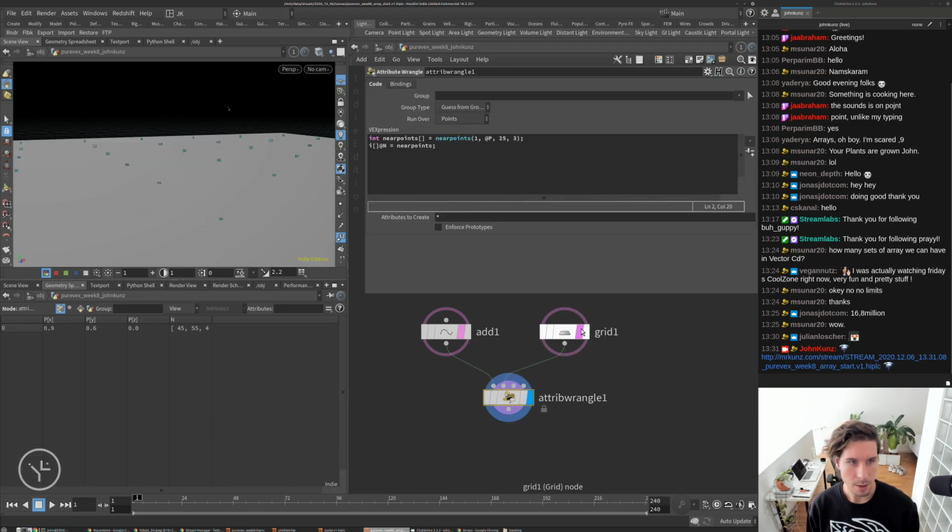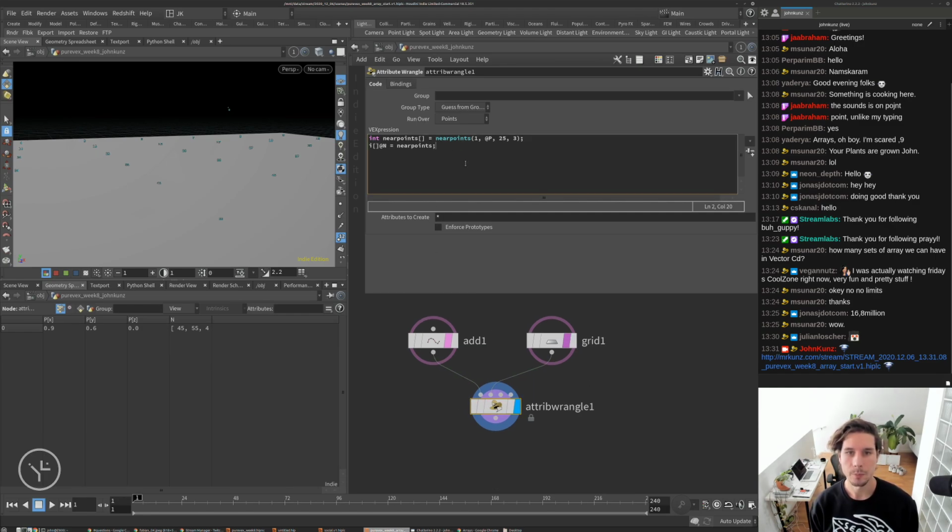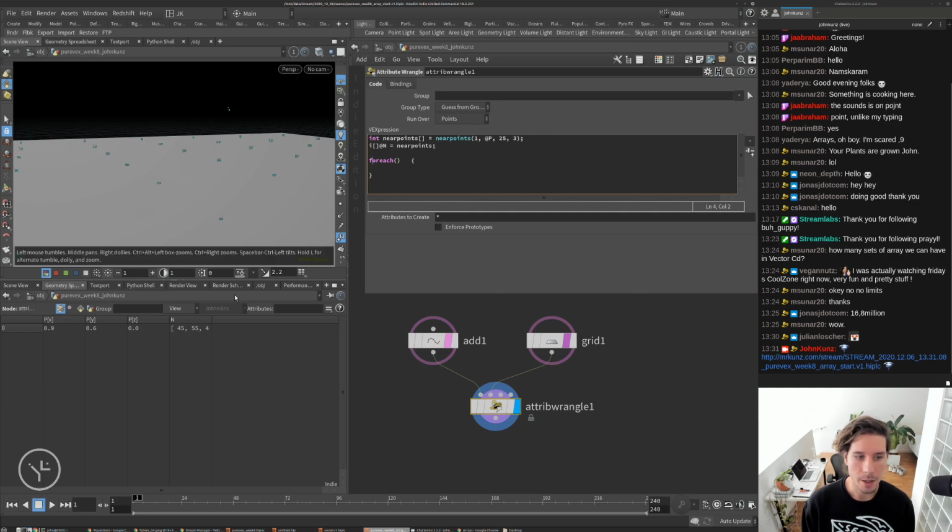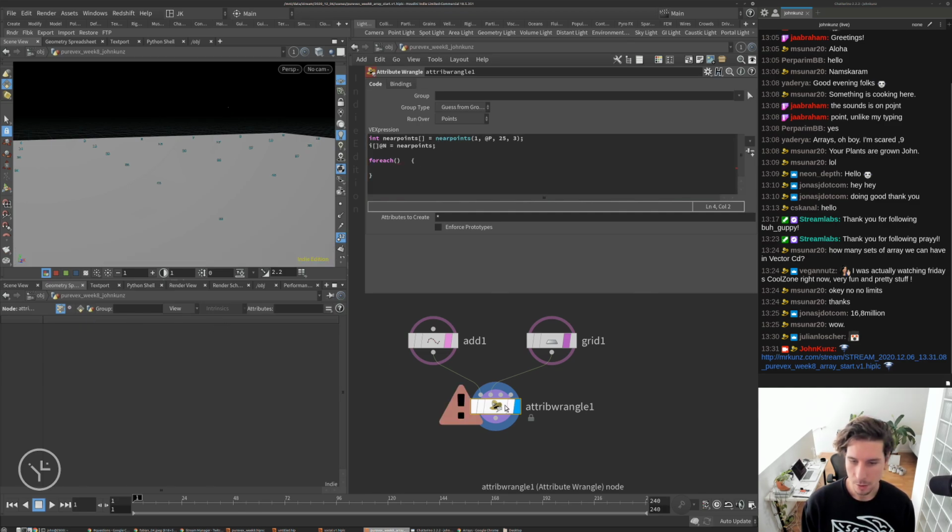So if we want to make this visualization a little bit better, we can draw connections to the nearest points. So we'll use the foreach function. And this is what we ended up using at the end of last week. It got a little tricky. Basically, this will iterate over each item or each element in your array. So in this case, we have,